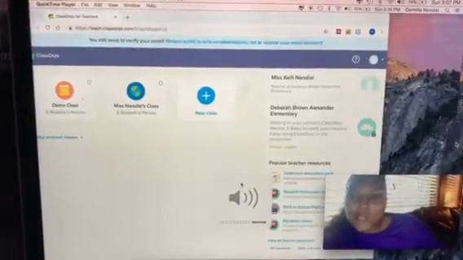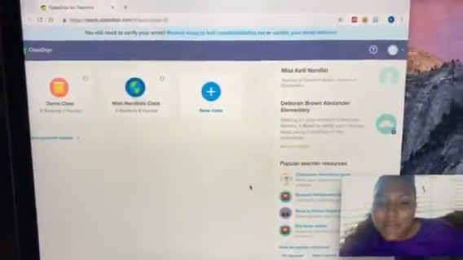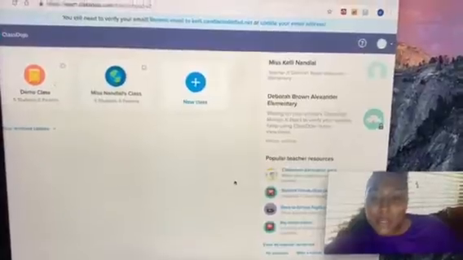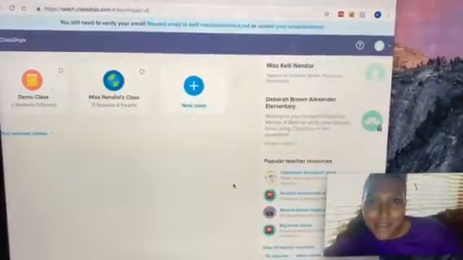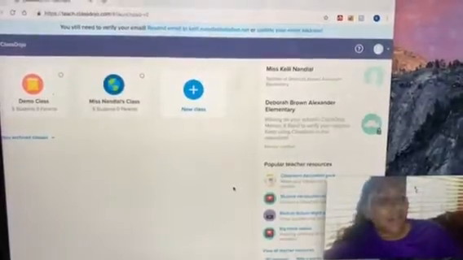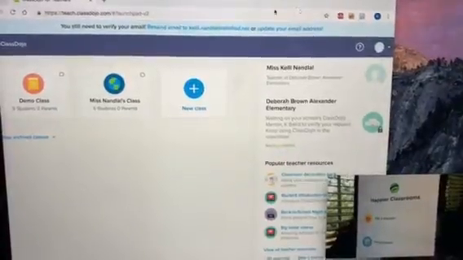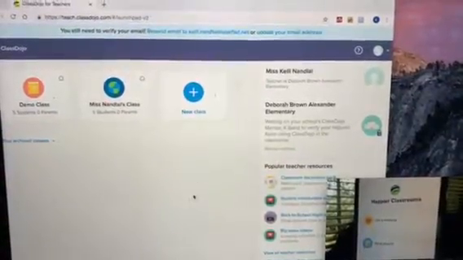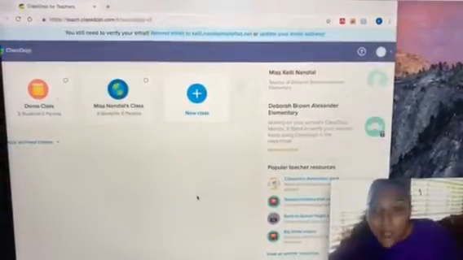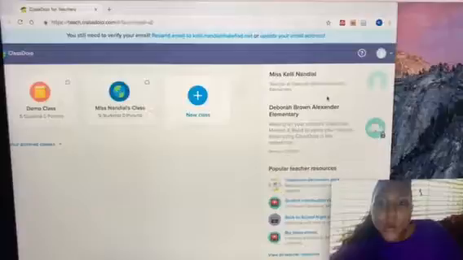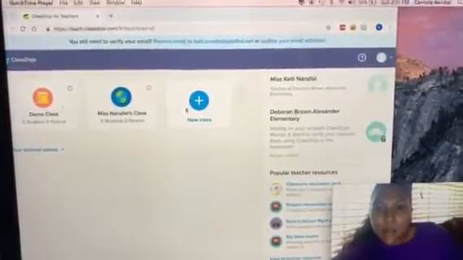that I'm going to be currently using in the classroom. It is called Dojo, and it is available for your student as well as you and myself to use for better communication within the classroom and outside of the classroom. So as you can see, it is available for Apple iOS, Android, Kindle, any desktop, any laptop. And so let me go ahead and give you an example of what we'll be using here at Deborah Brown